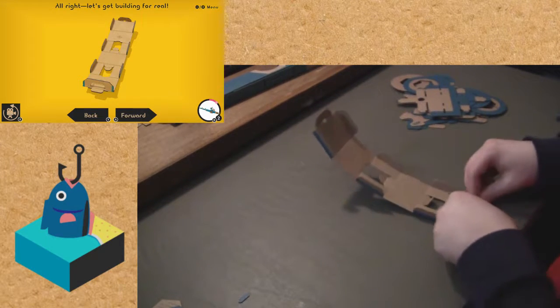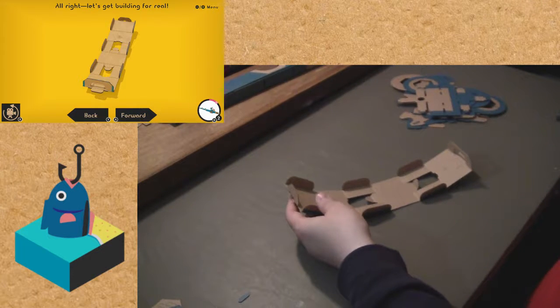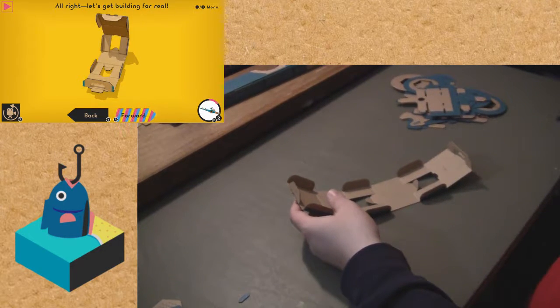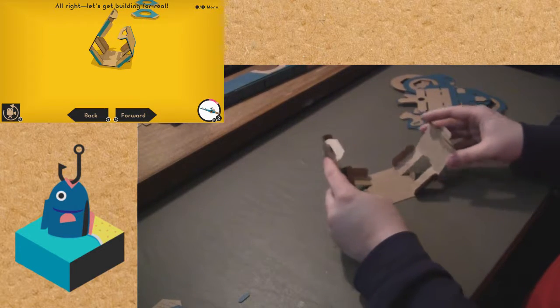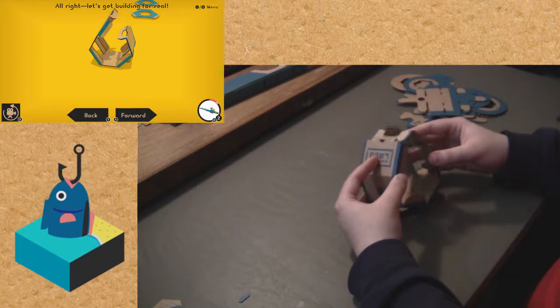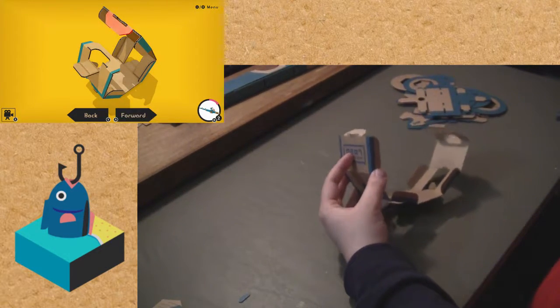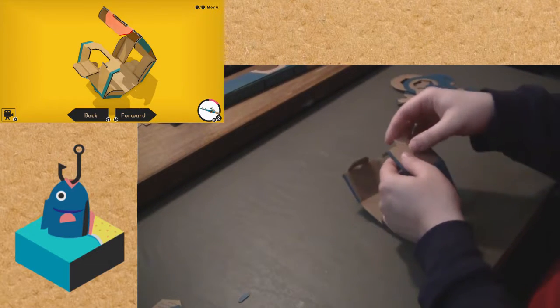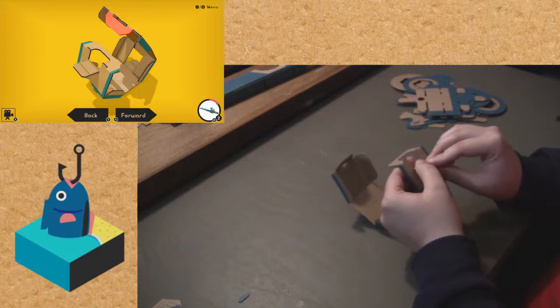Okay, so it wants us to take this up at the ready, this up at the ready, and now I guess we're going to start seeing some magic happen. Let's see. So we're going to have this. I have a feeling it's going to go like that, but let's just see the video do its thing. Oh, it wants me to pull this part back. So we will pull that back,